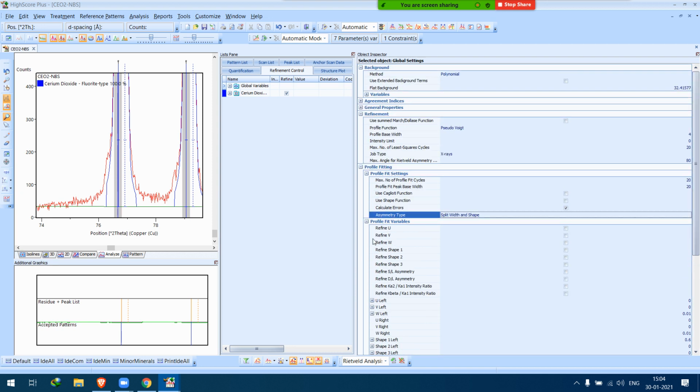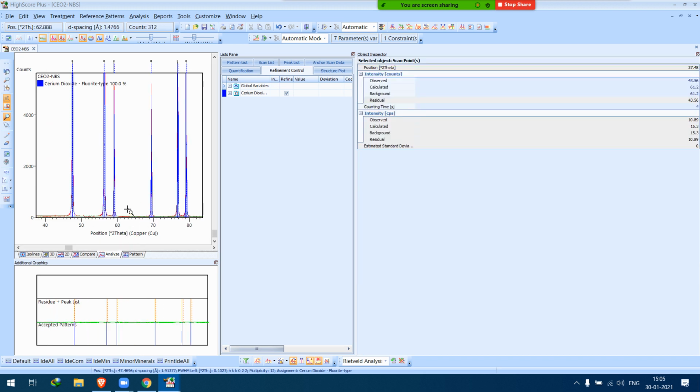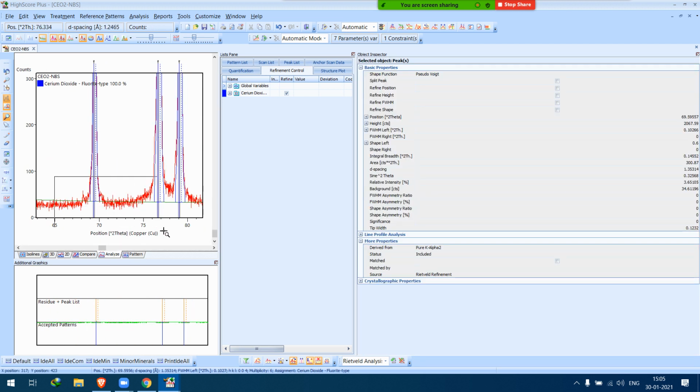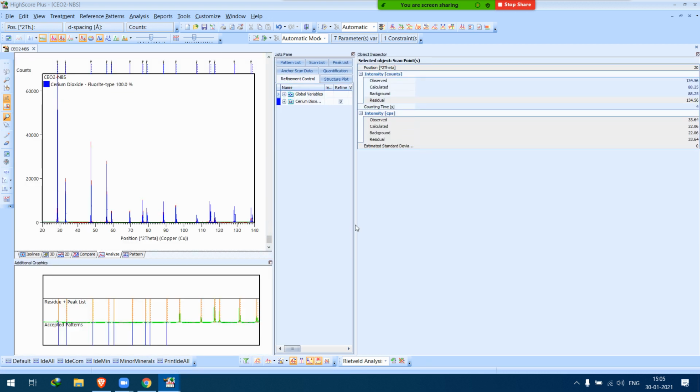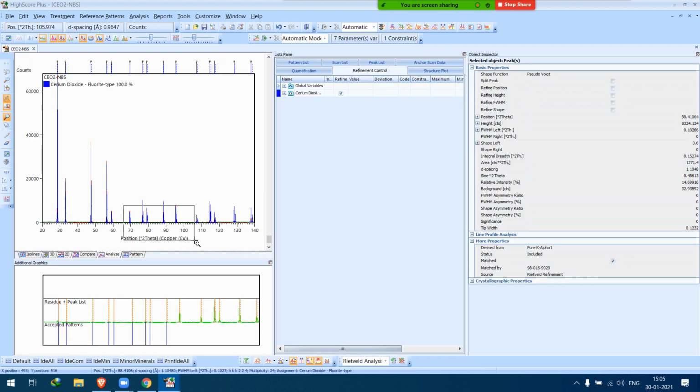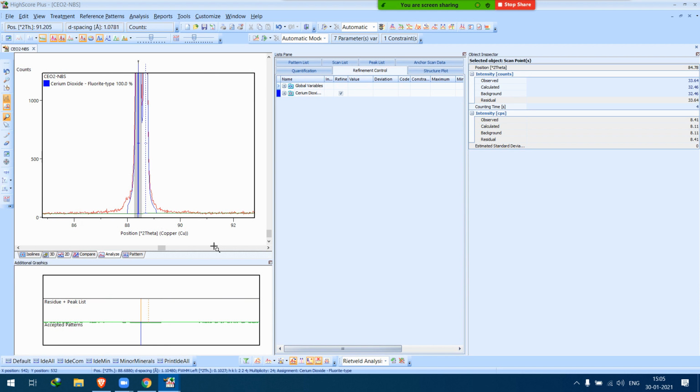So let's go for profile fitting. Set this value to a higher amount, let's say 30. Let me increase it a little bit.